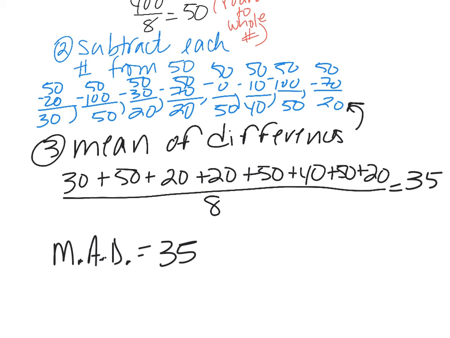So if I knew nothing else but my mean absolute deviation was 35, I would know I have people finishing all over the place. What I don't know is whether I have one person that finished and most people didn't. Well, I know that because I looked at the data. It doesn't tell you that specifically. It just tells you how much your data varies, and then you can make decisions based on that.